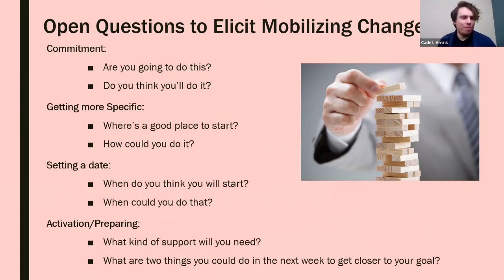If we want to talk about commitment: are you going to do this? Do you think that you'll do it? Getting more specific: where's a good place to start? How could you do it? And it's really important to get specific. It's a lot easier to plan when you have specifics, when the goal is specific, when the steps to take are specific. If the plan is vague in general, it can be difficult for the client to take that out of that session and meaningfully